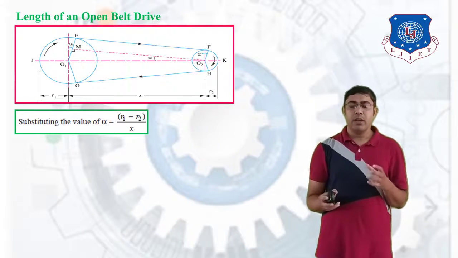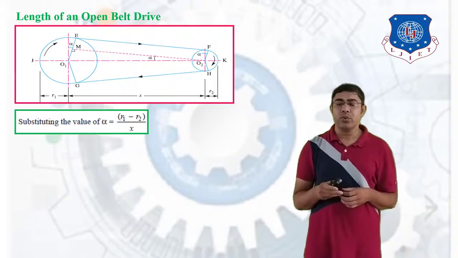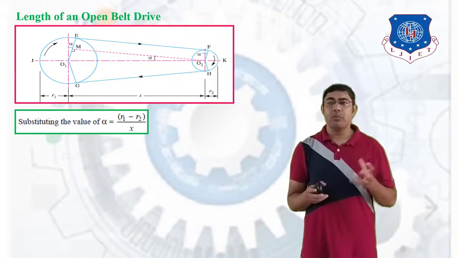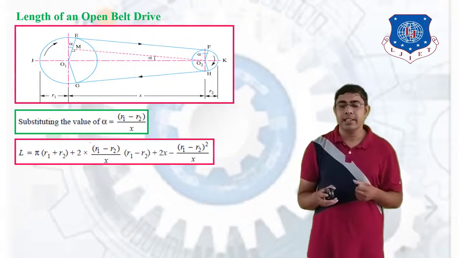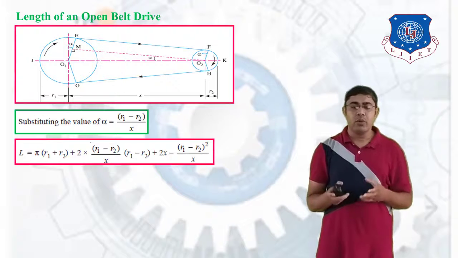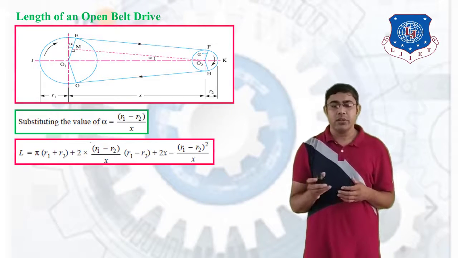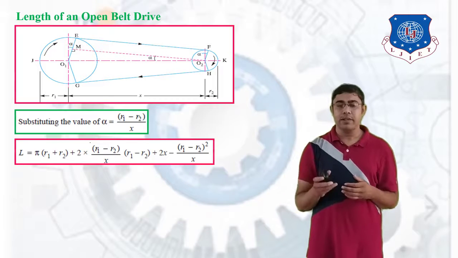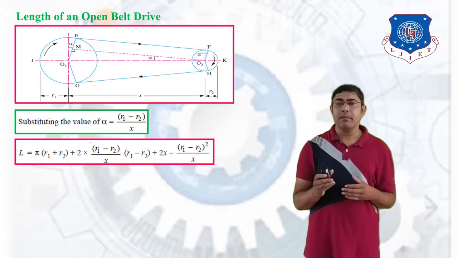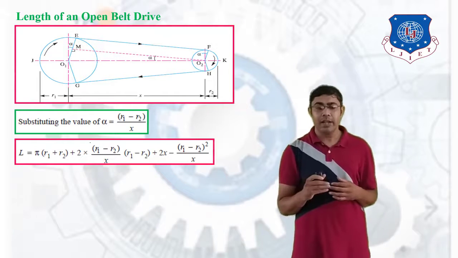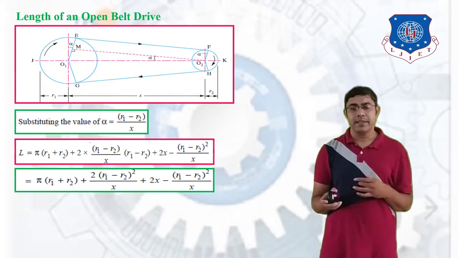For that we place the value of alpha is equal to (R1 minus R2) divided by x. We place this alpha value in our previous equation. So we get L is equal to pi into (R1 plus R2) plus 2 into (R1 minus R2) divided by x into (R1 minus R2) plus 2x minus (R1 minus R2) raised to square divided by x. If we simplify this equation, we get an equation like